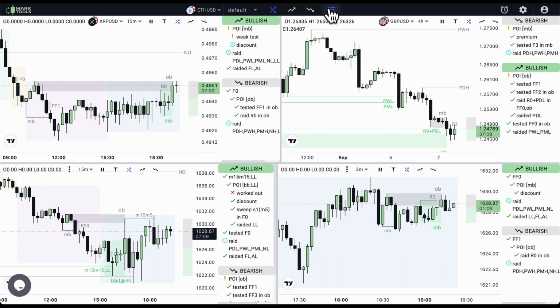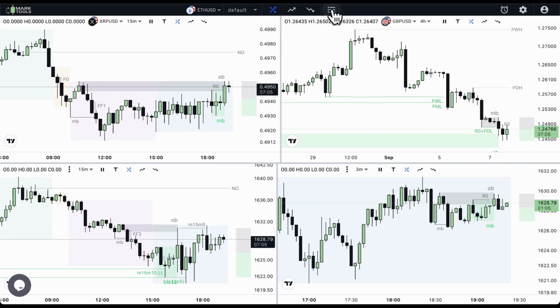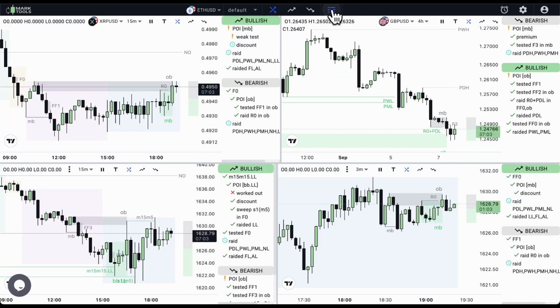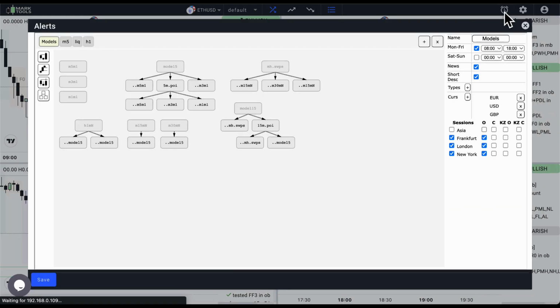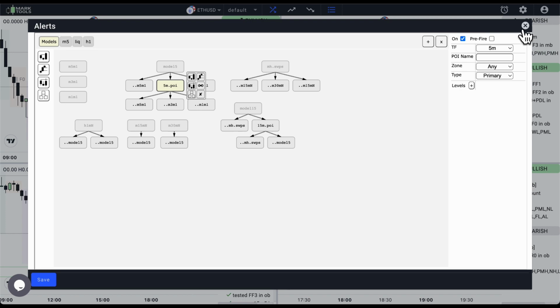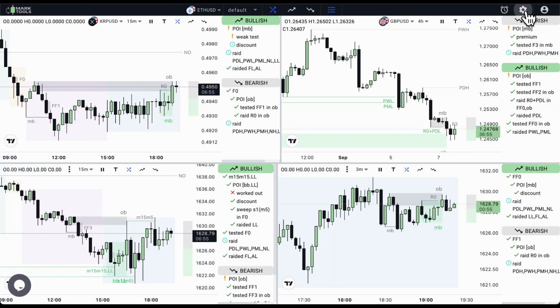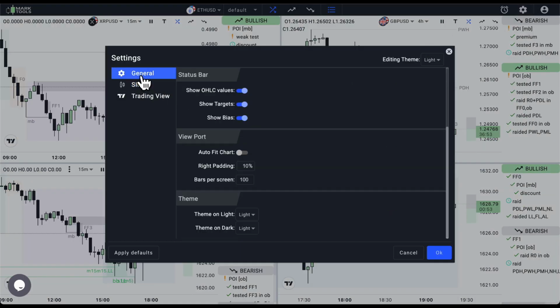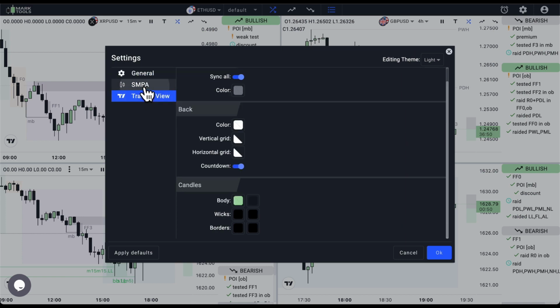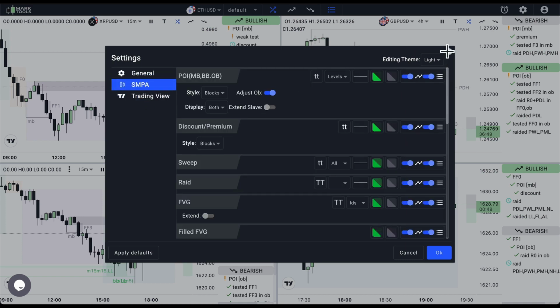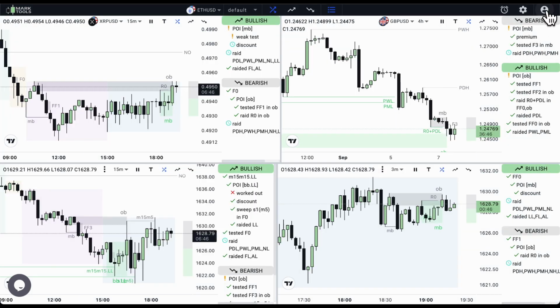The next button in the main toolbar is visibility control of the information box, which is shown next to a chart. The next button is the alert system button. It calls the alert editor form. The next button is the settings button. It calls the settings form of the application that allows you to adjust every piece of your application. And finally, you have a menu with changing color scheme and signing out from your session.